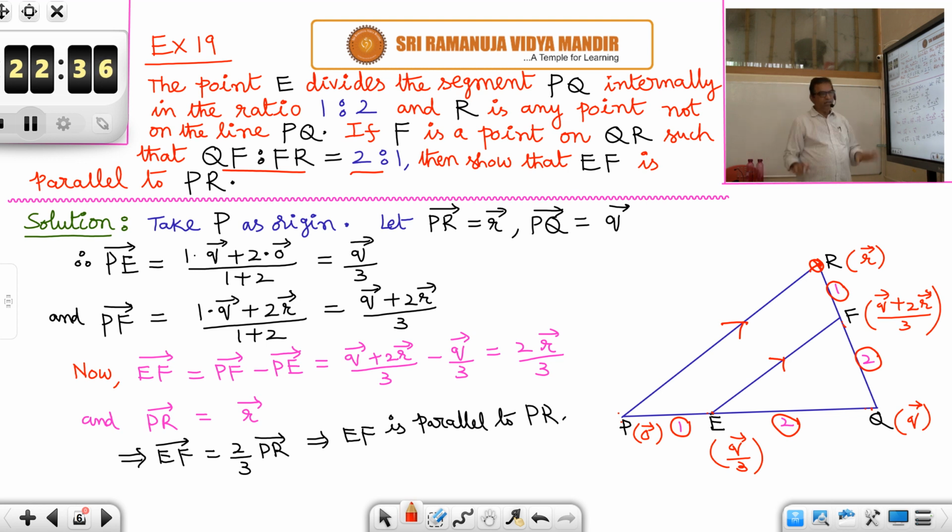So origin you can take anywhere. So I am taking origin at point P. P is origin. So PQ bar, that is the position vector of the point Q. Let it be Q bar. So that is why I am writing in the brackets. After a point, if any vector is written in the bracket, it is nothing but its position vector with respect to some origin O. So PQ bar is Q bar. PR bar is R bar. I have written in the brackets.